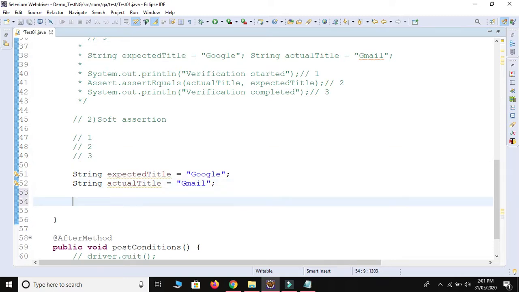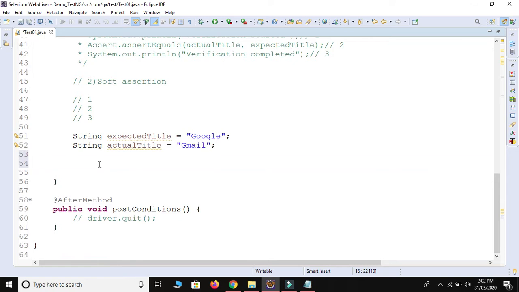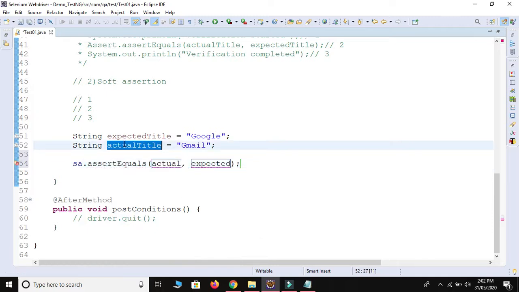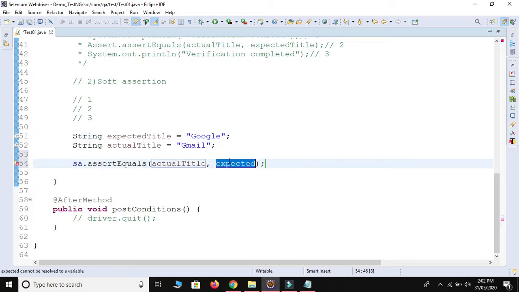In hard assertion, when we verify two titles, we use Assert, but in soft assertion, when we compare two titles, we use SoftAssert. I will call the method by using this reference variable, SA.equals, and I will provide the actual title here and the expected title here.